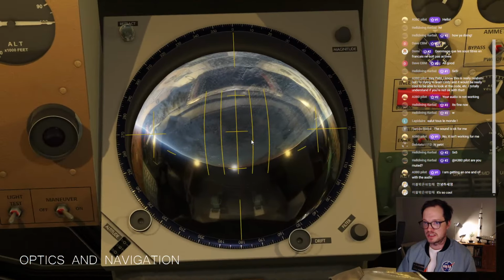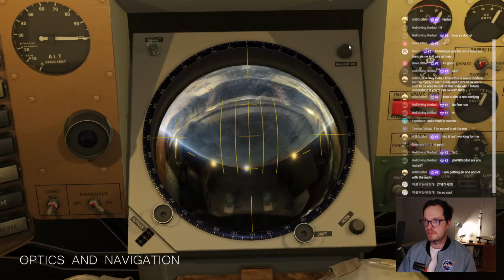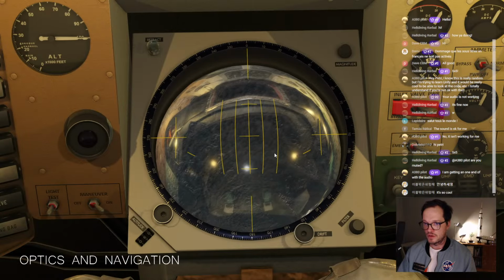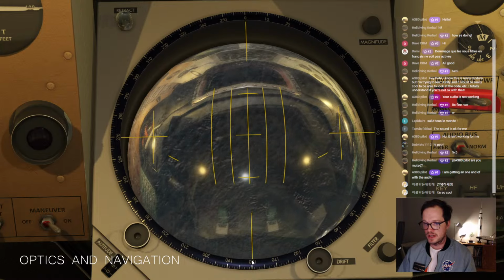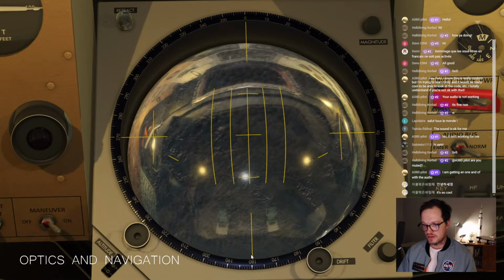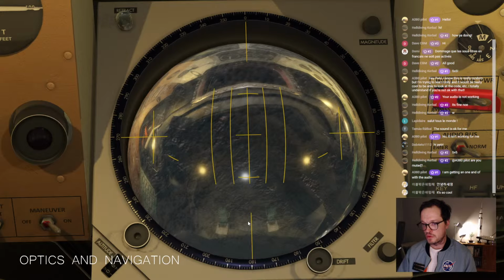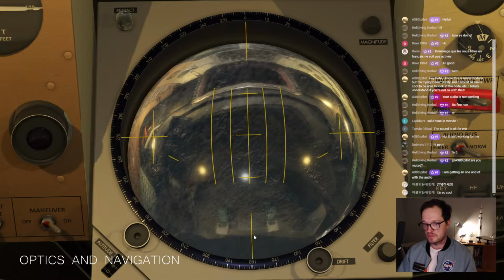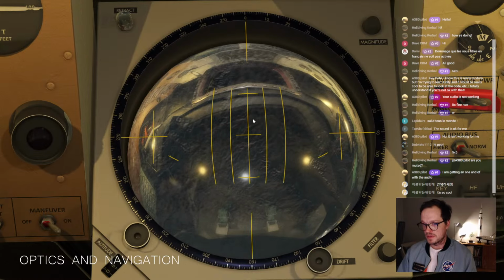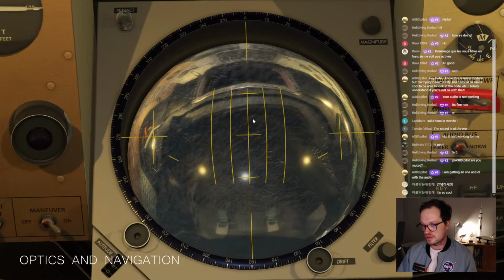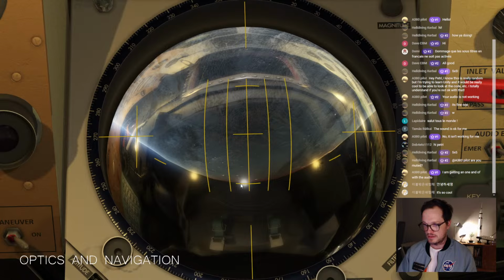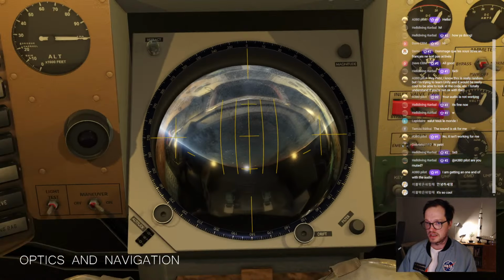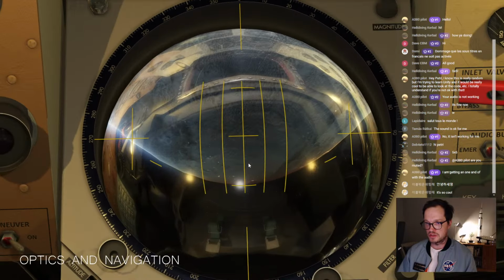And the same applies to the scope. So if you use this magnitude knob here, you can zoom in on Earth. And you can see that we are now traveling so that the ground movement kind of moves upwards from the bottom to the top of the scope. This means that you are going in a retrograde direction. If you align this marking here with the horizon, then you know that you are in a retrograde attitude relative